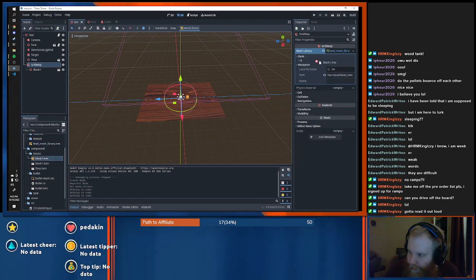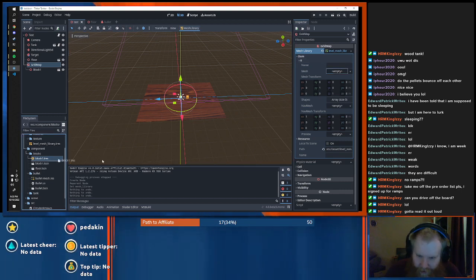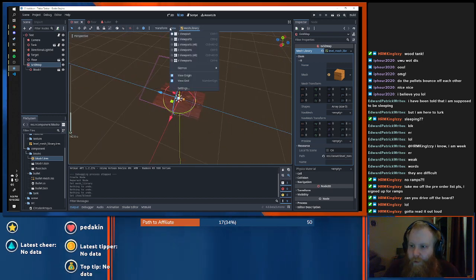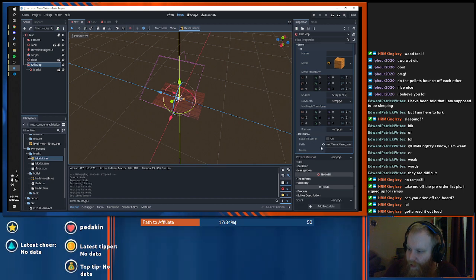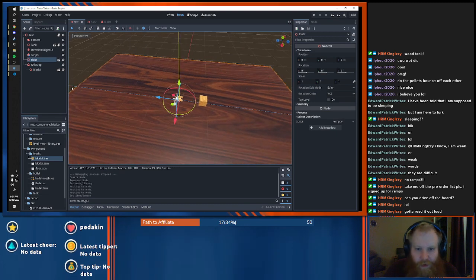Can I put this in here now? There we go. So now if I go to the grid map, whoa. I had a little mesh library thing here and it's gone. What happened?